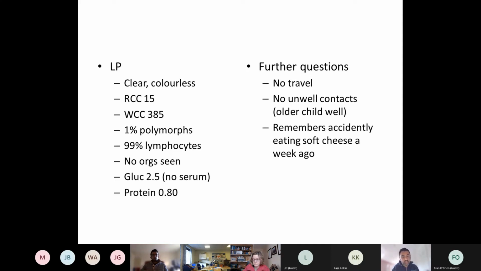with the viral picture. And just remember as well, she hasn't got any neurological symptoms really, apart from the meningitis. There's no signs particularly of encephalitis, and that's really where acyclovir is indicated, if there's any evidence of encephalitis, not just meningitis. The soft cheese, why have I added that there?